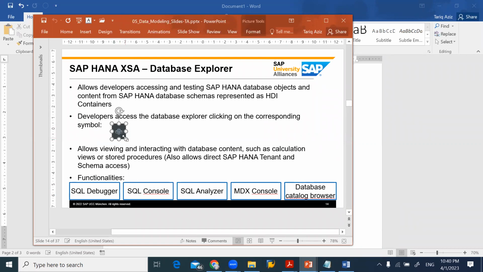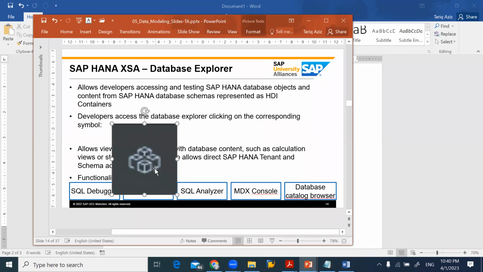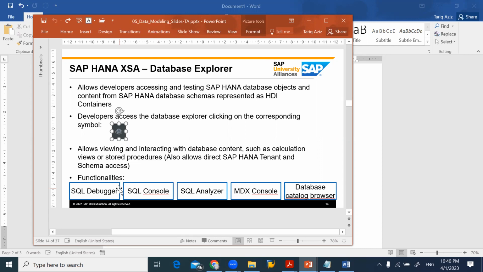Can you see the button here? If I can increase the size of the button, you see here. This is the database button, Database Explorer. So if you click on that, you will see all these things available in that. This will allow you to view the database contents, and you can use the database content in the calculation view, or you can have the stored procedures, and